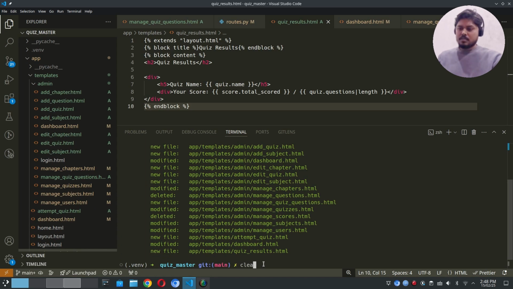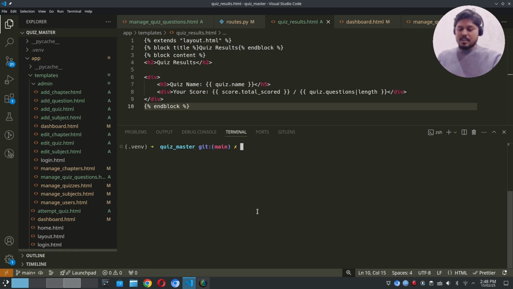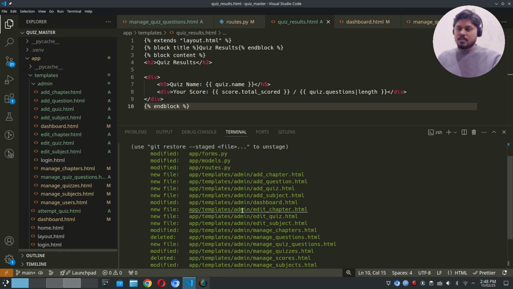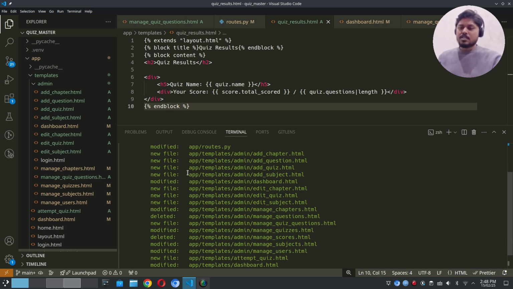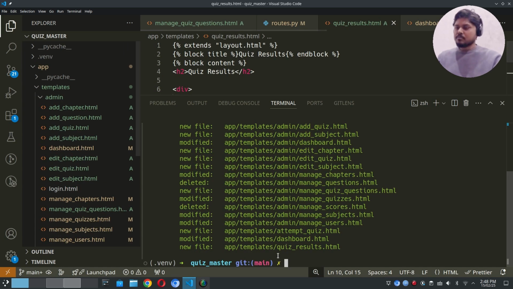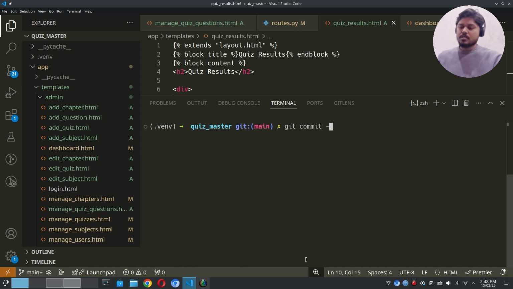Okay, clear this again. We have just checked the status for which files are getting modified, what the new files are, and what is deleted. Cool, let's commit this. Git commit, and what we have done is we have added the